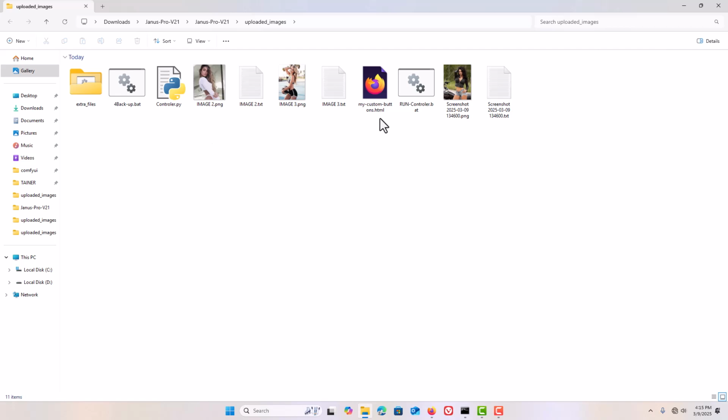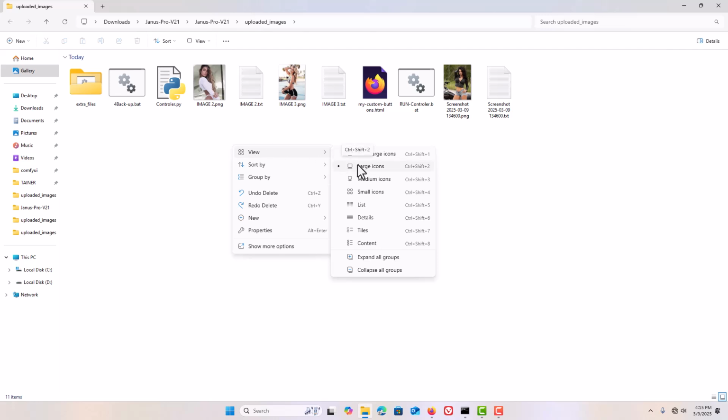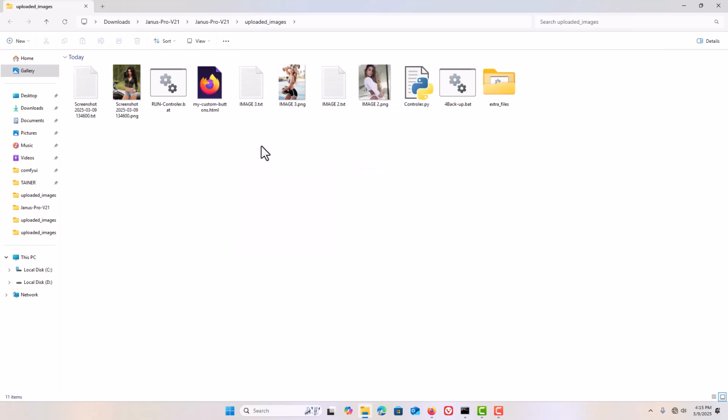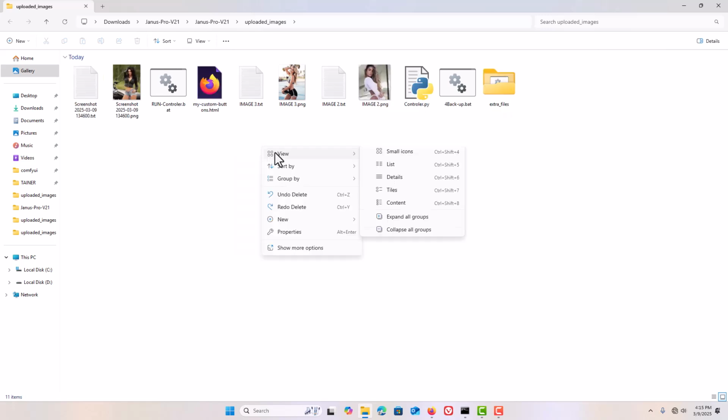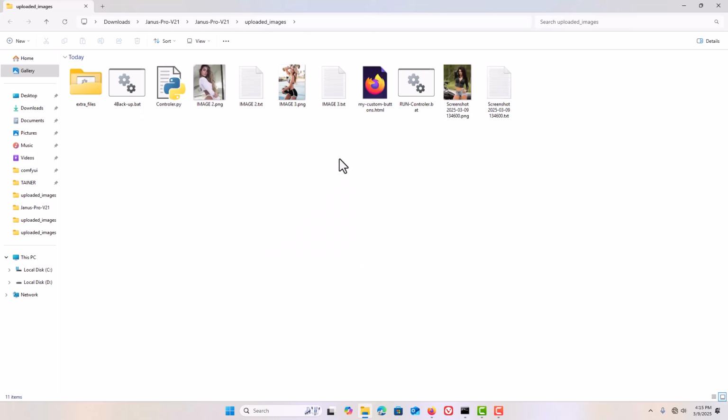Now, I like to have my images and text files side by side, and you normally can do that by right clicking. First, you need to view by large icons. Can you see what's going on? Then you can sort by name, and if that doesn't work, doing it twice will fix it. It'll do that on most anything. Now that we got that, we're going to come over here to the run